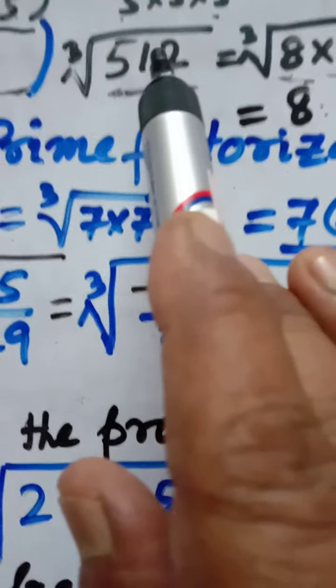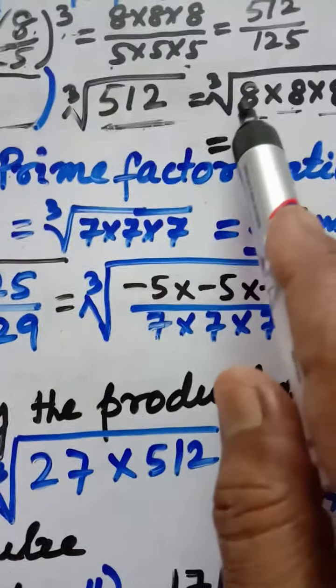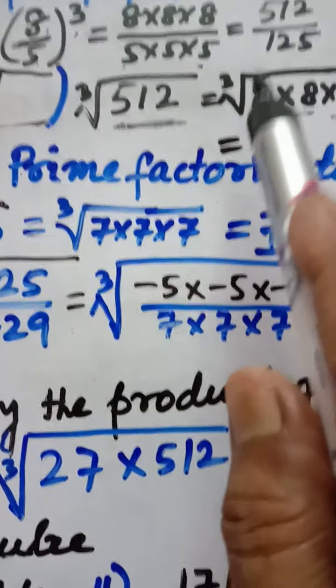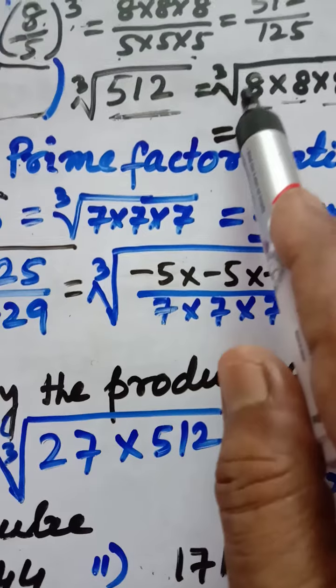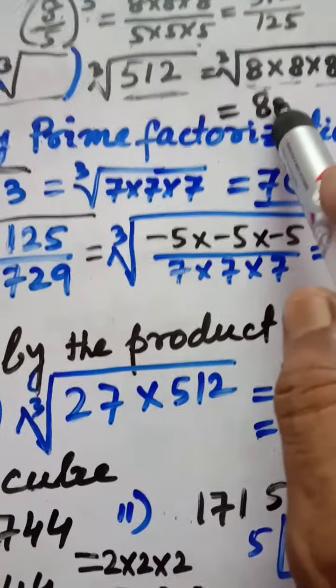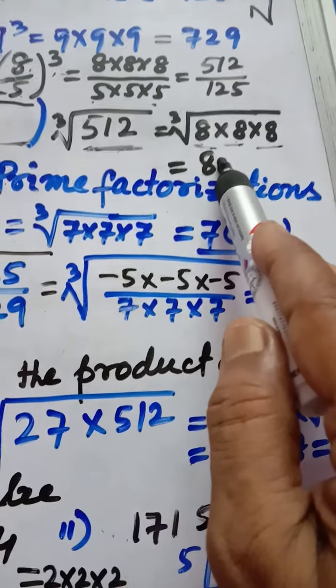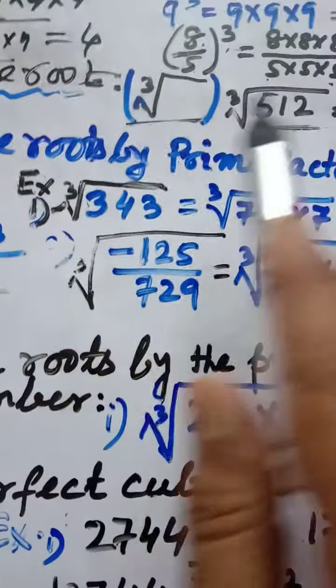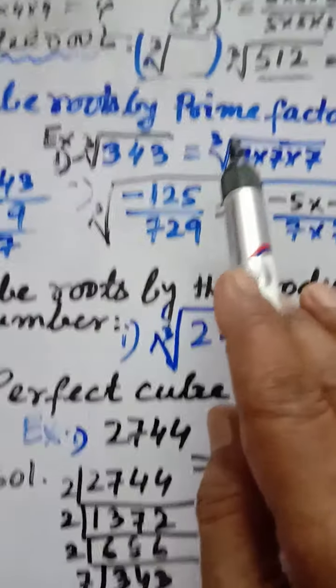Like this, a perfect cube number can be written as a product of a number 3 times. Then out of the 3 numbers, one number will be the cube root. Now, cube root can be found by prime factorization method, the one standard procedure. Cube root you can also find out as a product of a number. I will tell you what that means, but this is the procedure to find out the cube root of a number.